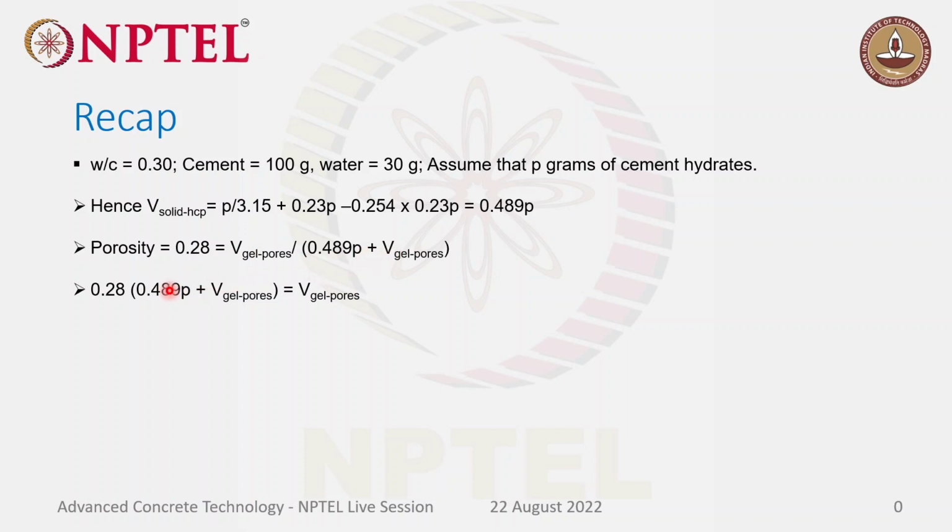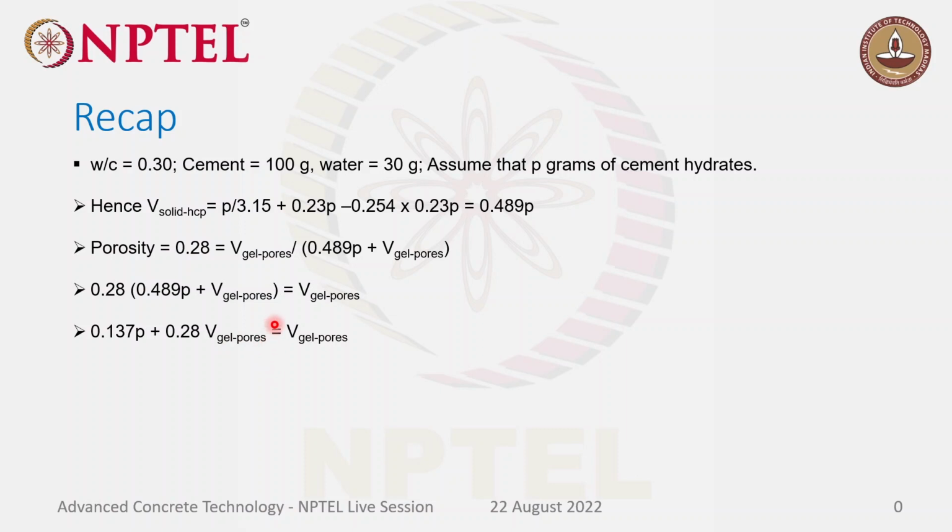Then we have only gel water on this side, and we multiply 0.28 into 0.489p, which comes to 0.1369, something. So I've written it as 0.137p plus 0.28 V gel water